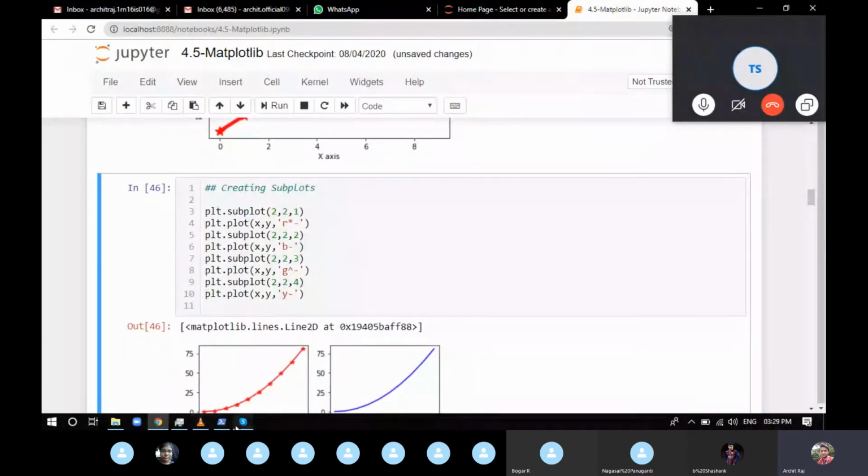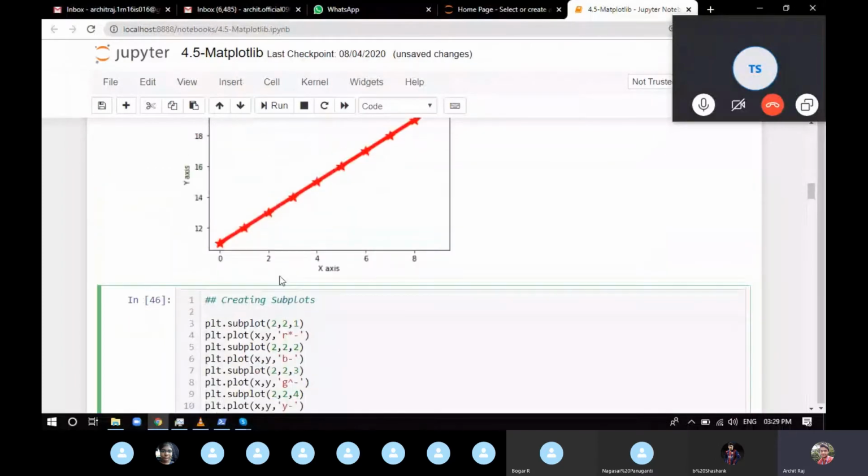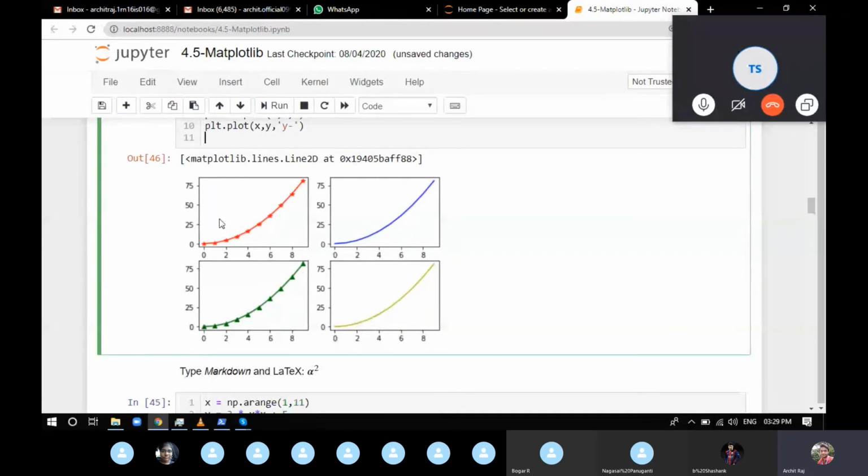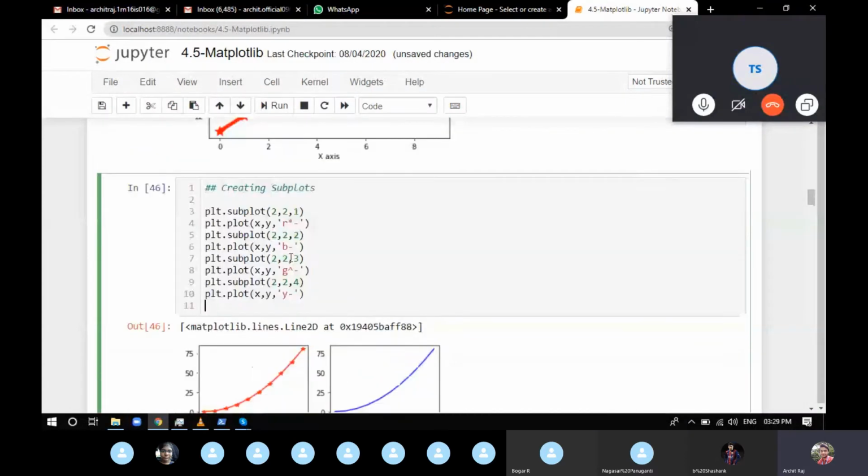Okay, what we can do with matplotlib is there can be situations in which in a single sheet, like in a single output, you want to show more than one graph. Even that's possible. So for that, we have an option which is known as subplot. So you can see this is a single output, but for a single output also we have 4 different graphs. And how to set these 4 different graphs? We'll use a proper function which is known as subplot.